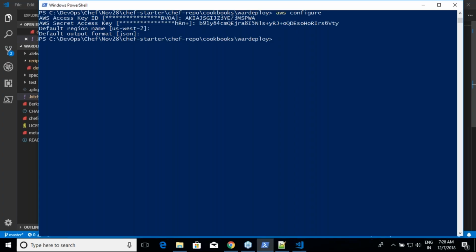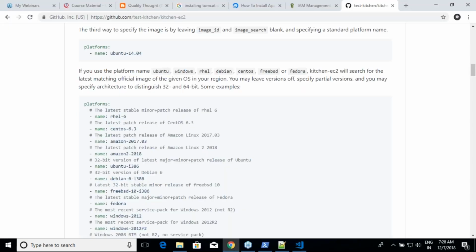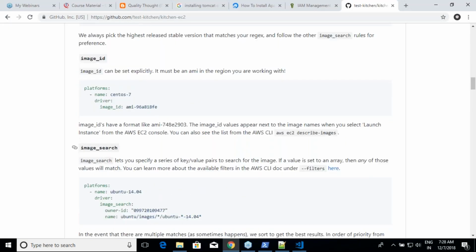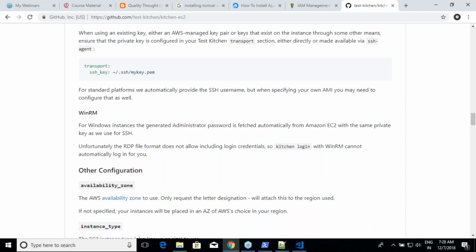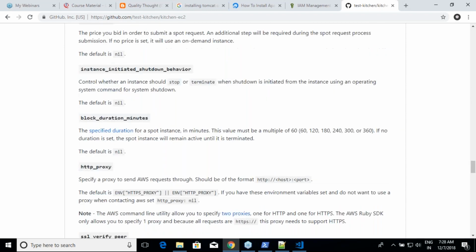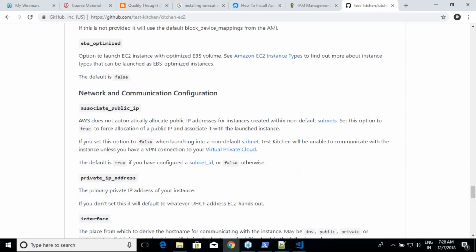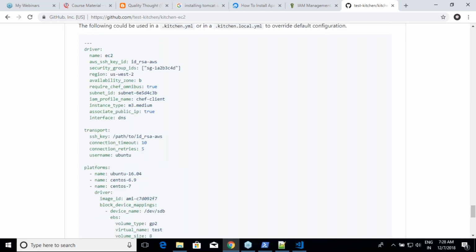Good. Now come back over here and scroll down; you'll see different things, right? If you want to give a specific image, you can search for the image ID and get it. I'll not put you through all of the trouble. Just scroll down and you will see a sample YML file, and we'll be filling in almost exactly the same thing.